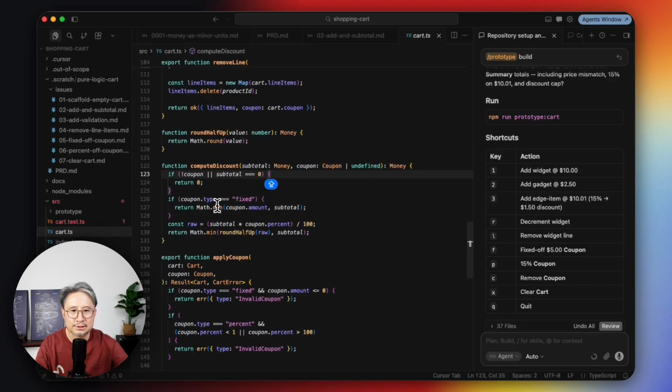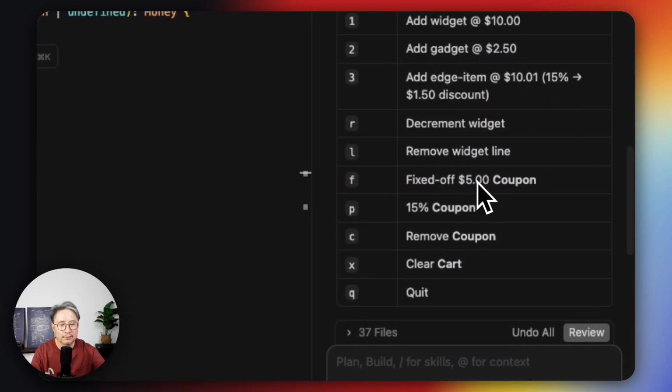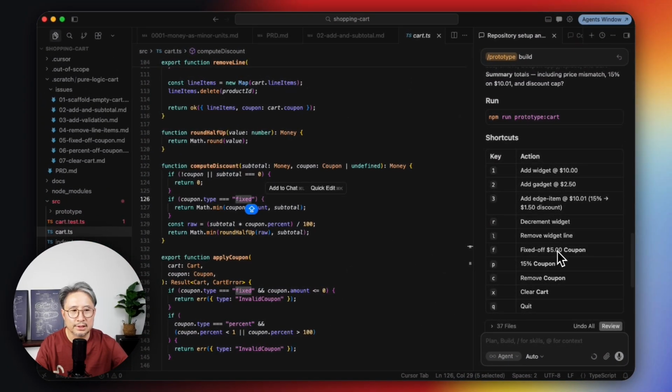If you remember, if we used a fixed coupon like a $5 coupon when the product is only $2.50, which is cheaper than this coupon, the final price will be 0 instead of negative, right?